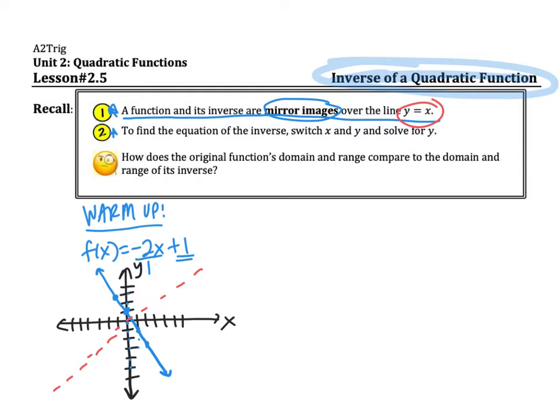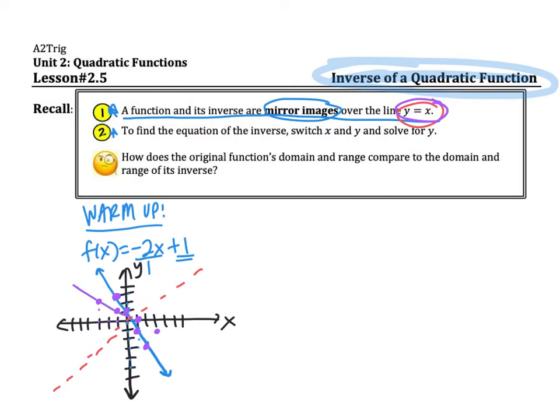and that's my equation of the function negative 2x plus 1. So if I'm going to try to find the inverse, well, I would just switch the x and y and regraph those points. So this point right here is 0, 1, so if I make that 1, 0, then there's the point that's equivalent on its inverse. Here I have this point down here, which is 1, negative 1, so I would go negative 1, 1, and there's a point on the inverse. This point down here is 2, negative 3, so I'm going to go left 3, up 2, right, and then this final point up here is negative 1, 3, so I'm going to go 3, negative 1,